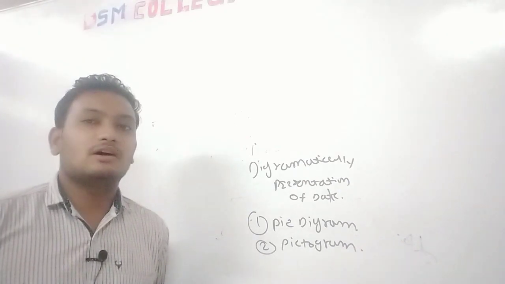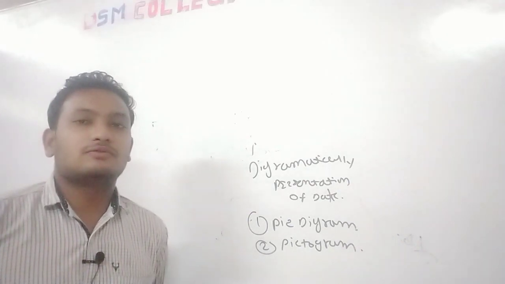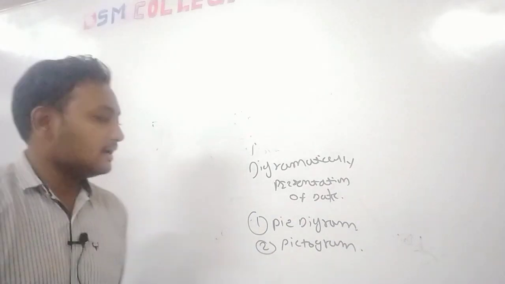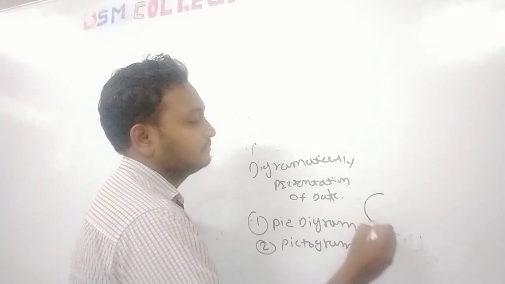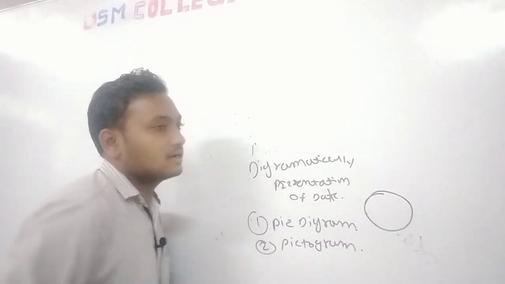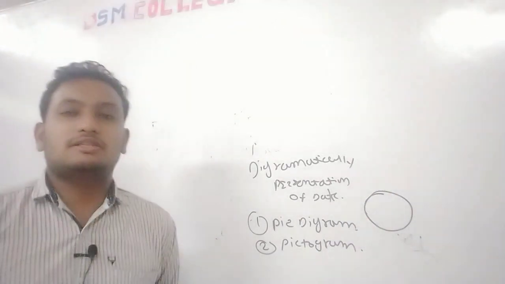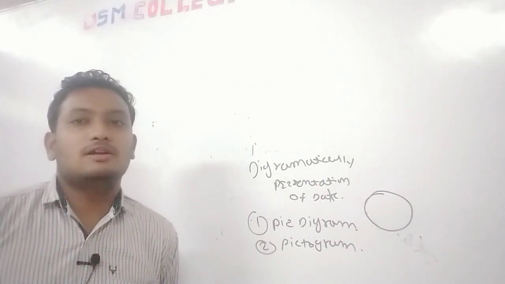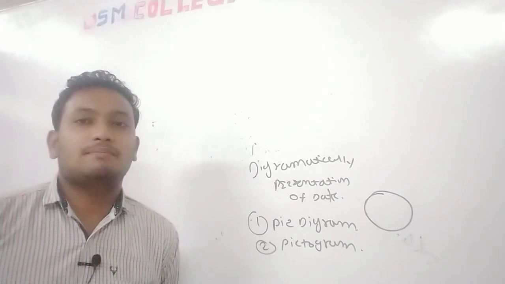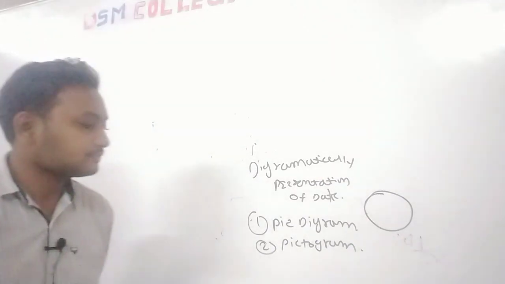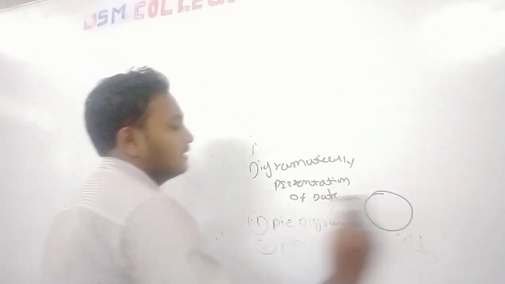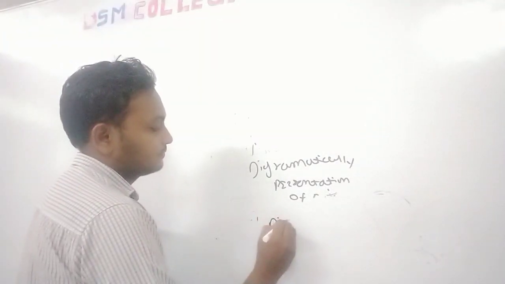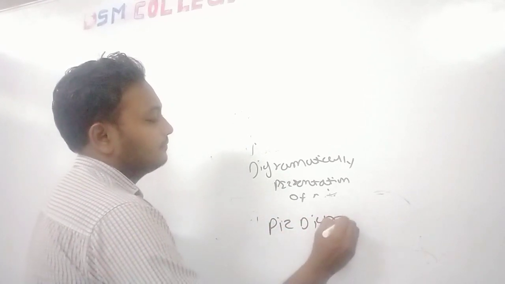We have already learned the pie diagram, or pie chart, from the 5th to 10th standard. The pie diagram is a circle. In it, the values of the data are presented in a partitioned manner. So firstly we are discussing the pie diagram.